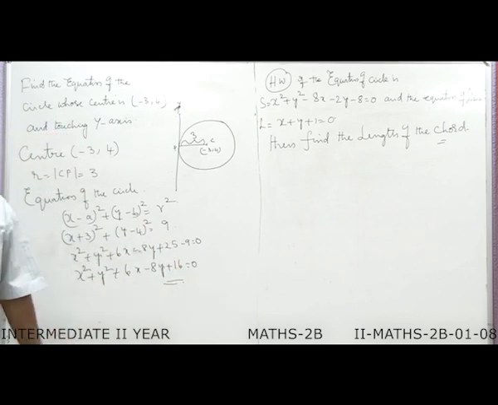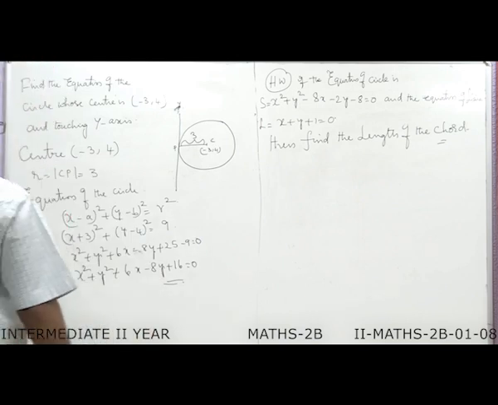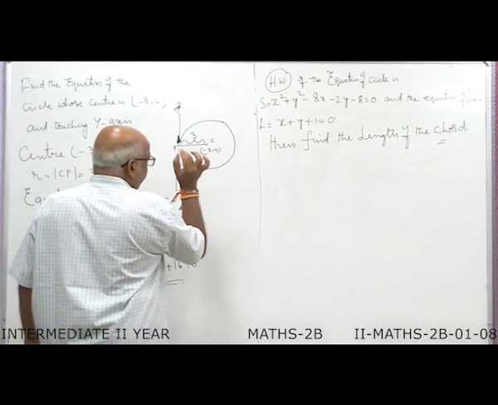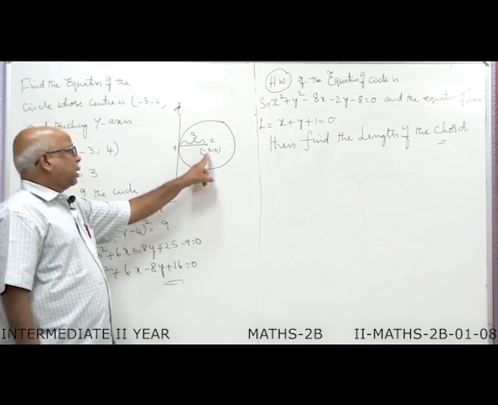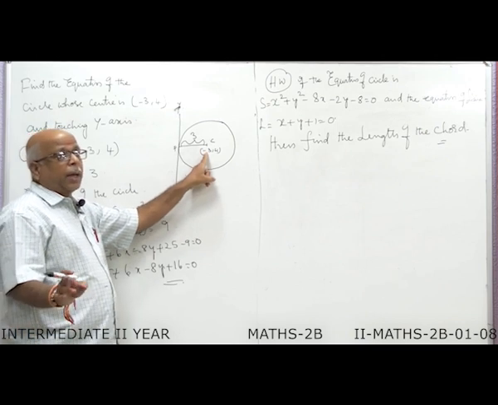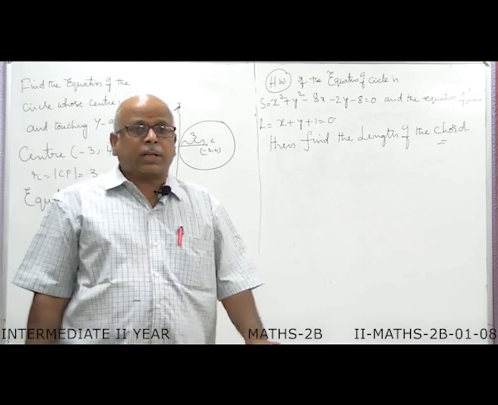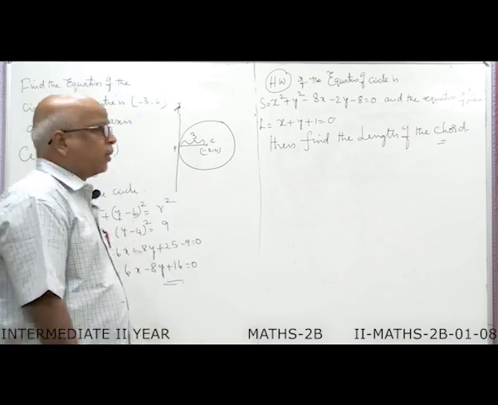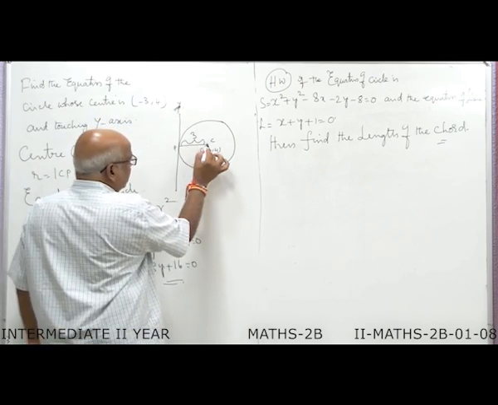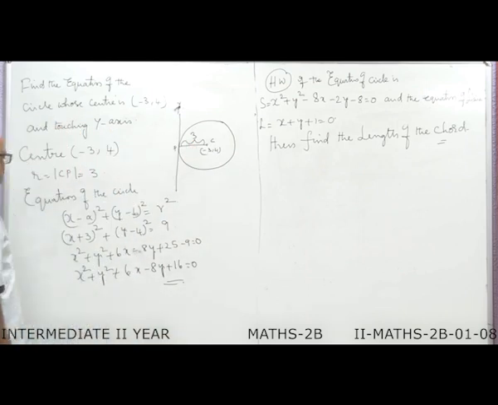Here, if you just remember the definition of x coordinate and y coordinate, distance of a point from y axis is nothing but its x coordinate. You may ask, sir, why are you writing plus 3 when we are already having minus 3 here as x coordinate? Because distance can never be negative. That's why we will represent by means of positive number only. This is representing perpendicular distance. At the same time, this itself will represent radius also.